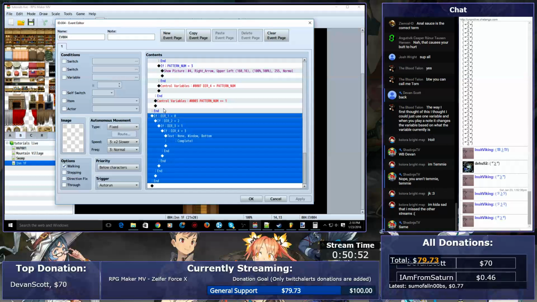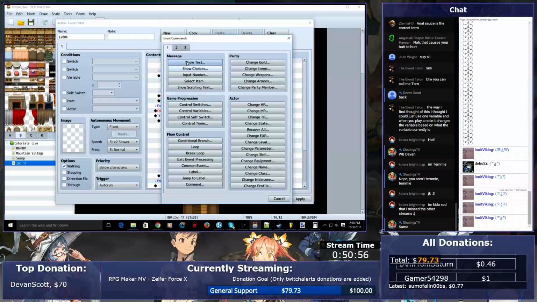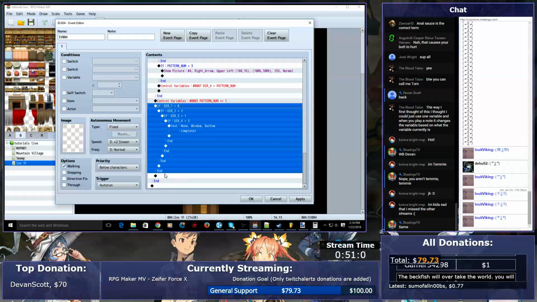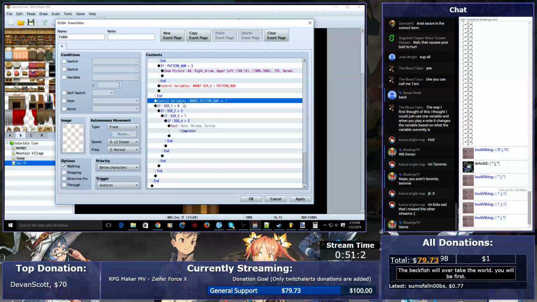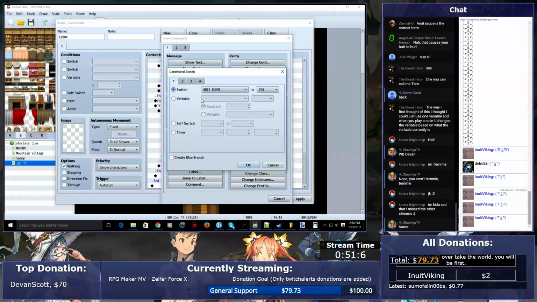Okay, so I'm just going to put that in here. And we're going to set, and we're going to do another conditional branch if pattern number,